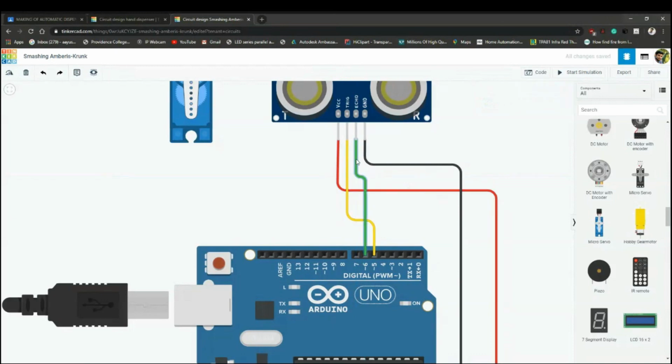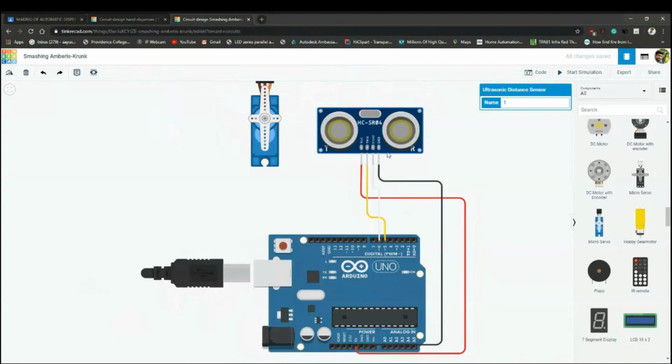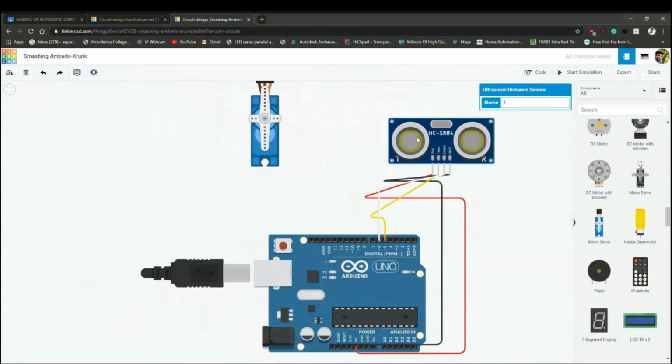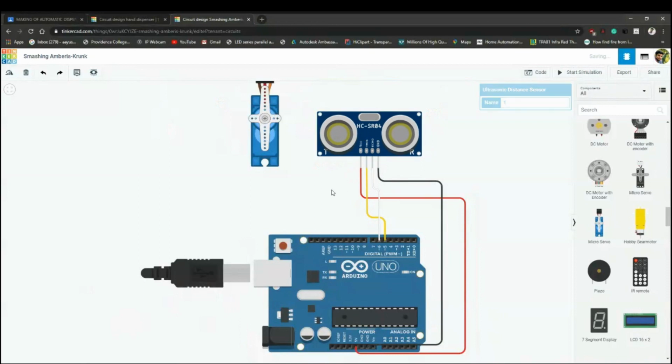Okay, so here I'll be selecting the white color. Here we have done all the connections to our sensors. You can move these sensors around if you need to. I'm okay with the previous position. This is how we have done our wiring to the ultrasonic sensor.